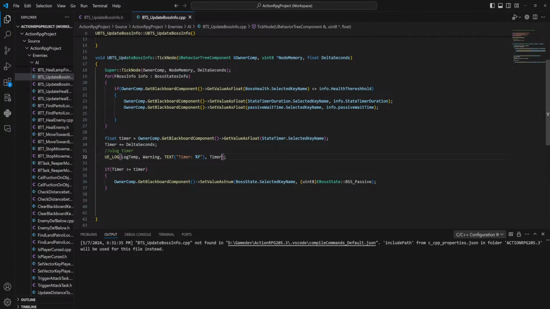Okay, so if timer is greater than or equal to timer, that doesn't make a lot of sense. Actually, never mind.